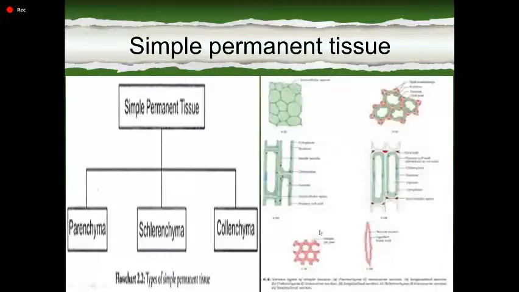Now the next slide shows you the simple permanent tissues. If you recall, children, the simple permanent tissues were parenchyma, collenchyma, and sclerenchyma. The cellular thickenings make them divided into three kinds, and as the picture shows here, you can easily notice that these have thin walls when they are parenchyma, and thickenings in a regular or irregular way were called collenchyma, whereas when it comes to the sclerenchyma, we learned that these